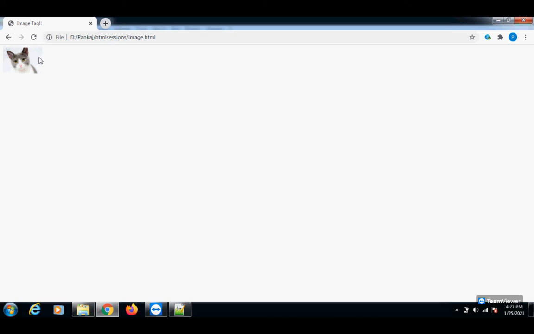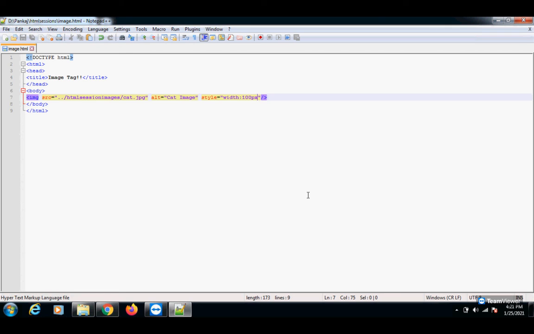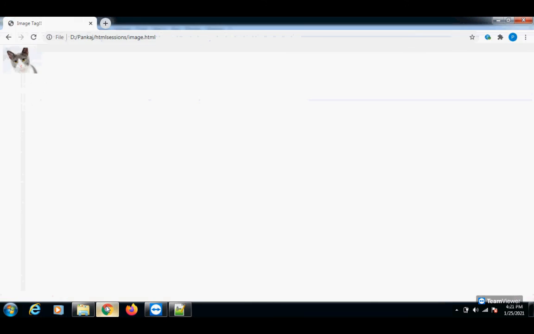So this cat image now has 100 pixels of width. Same I can do for height. Let's say 500 pixels. So here you can see now the height is going to change to 500 pixels.